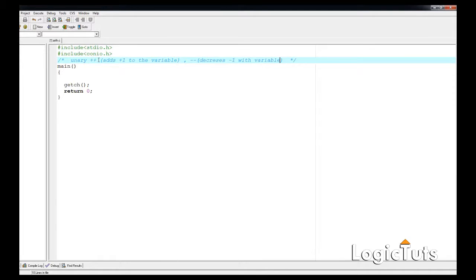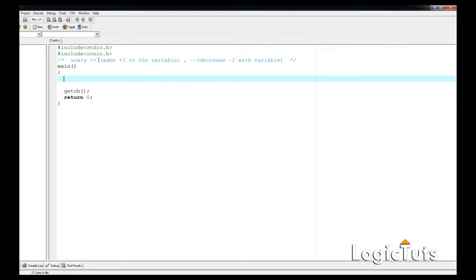The point is why plus plus and minus minus operators are used: because we can easily increment or decrement by simply adding one or subtracting one with the variables. That's because when you use a unary operator, it actually changes the value of the variable throughout the program.